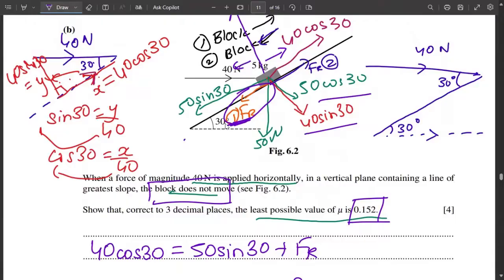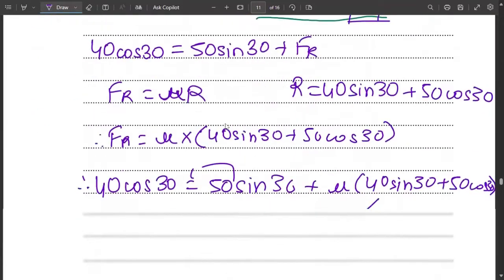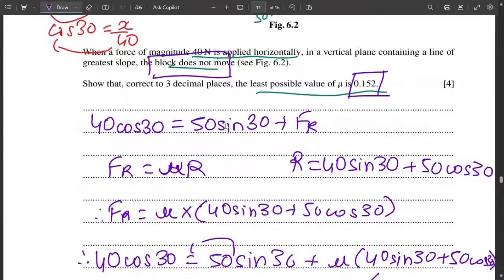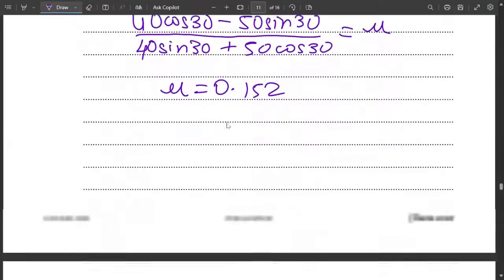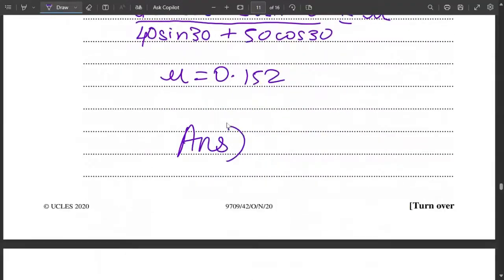For example, if FR upwards was written somewhere here and my answer was 0.7, then in my final answer, I would have labeled 0.152 as the final answer,